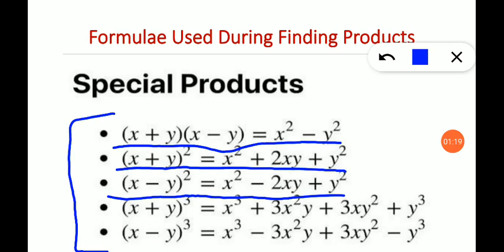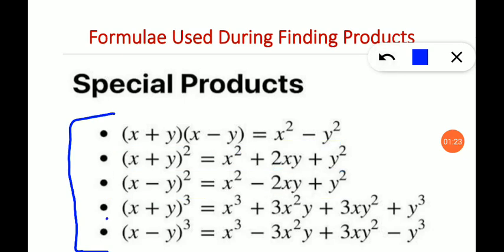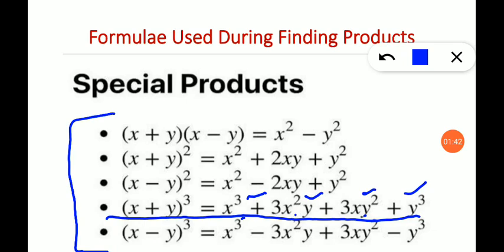And then coming towards the cube power, (x plus y) whole cube is equal to x cube plus 3x square y plus 3xy square plus y cube. Here you will see that the powers of x keep on decreasing. First the power of x is 3, then 2, then 1 and then 0. In the same way, the power of y is increasing. In the first case 0, then 1, 2, 3. So like this you can remember the